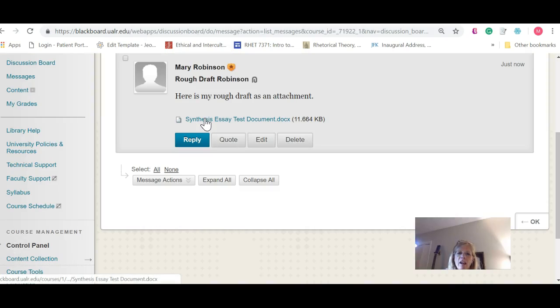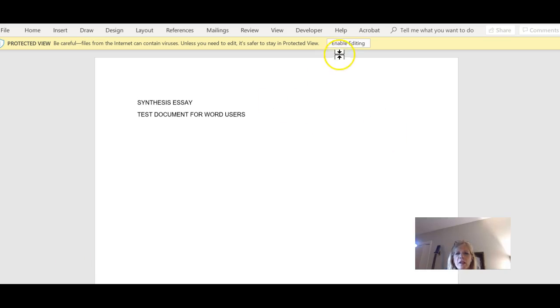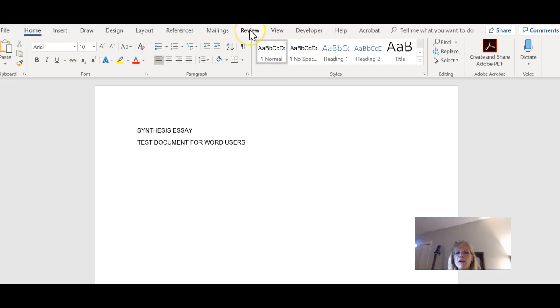So when I click on that, it downloads it down here, and it's a little hard to see because of the way this is, but it's down there. And you click on it twice, the downloaded document, wherever that is, and it pulls it up. So I'm going to show you how to do comments. You want to enable editing. Then you click on review,